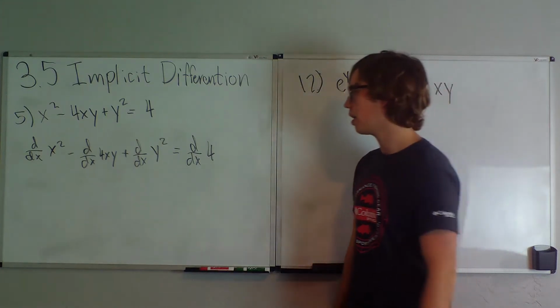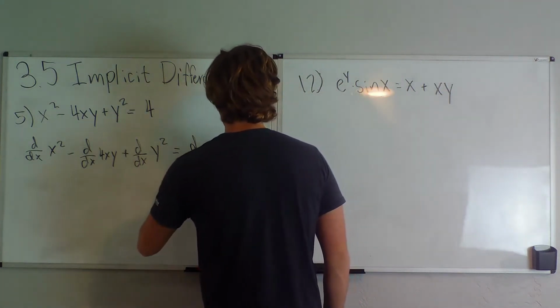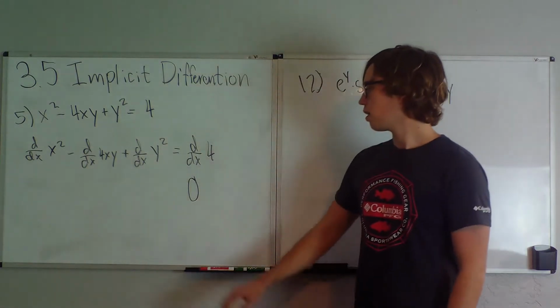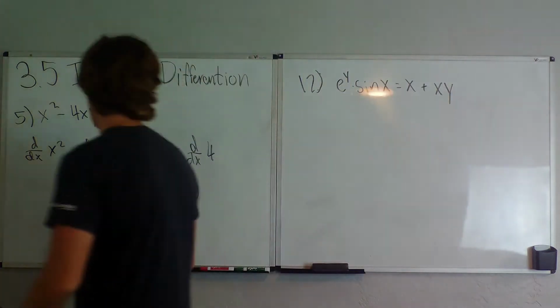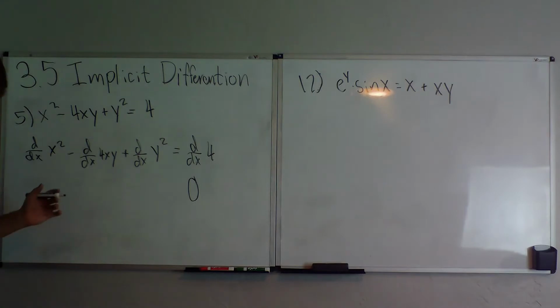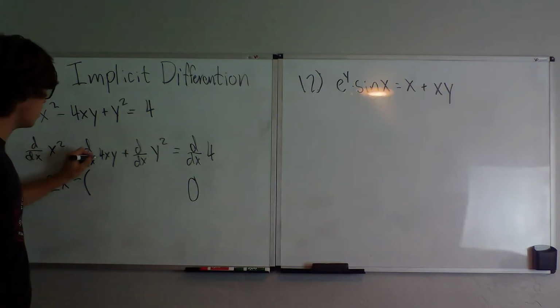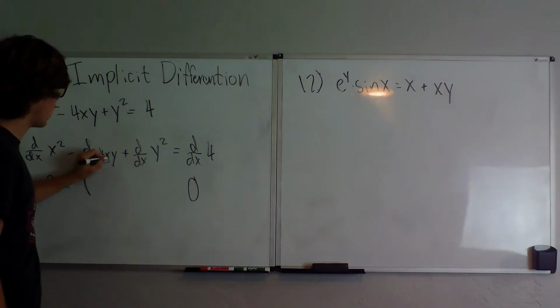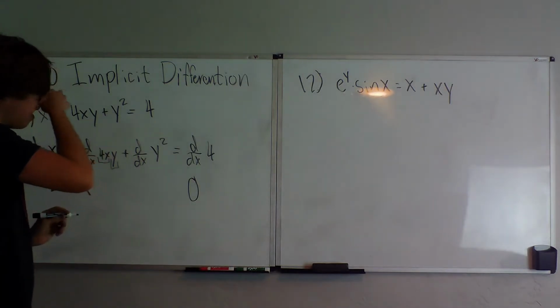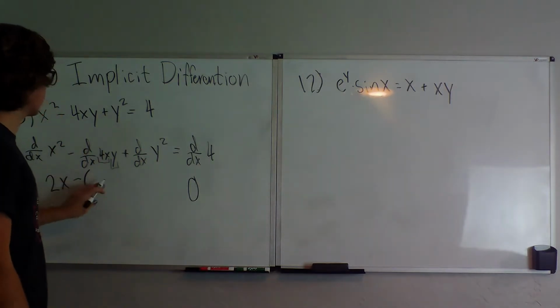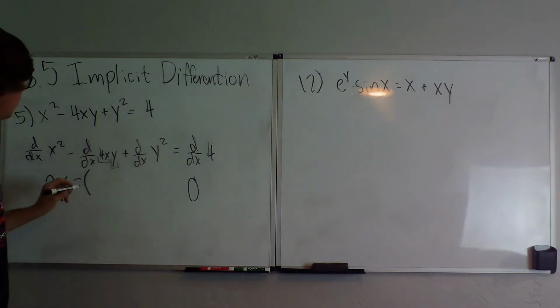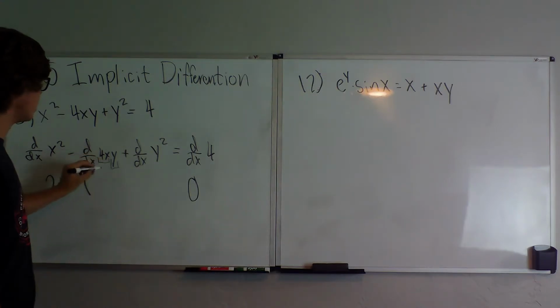Well, this first term, easy. We know it's 0, right? Because it's the derivative of a constant. Okay, not too bad. Now let's start over here again. Okay, derivative of x squared. Well, we know that by now. 2x minus. Okay, we're going to put a parentheses. So we have one function, 4x, and then we have one other function, y. Okay, let's just take the derivative of that. Well, first, d last, so